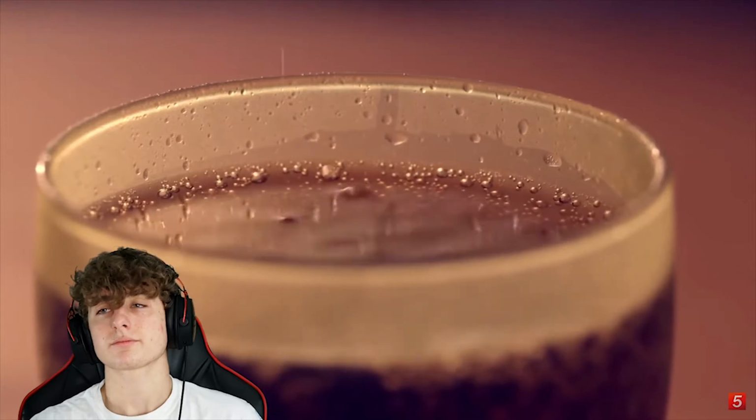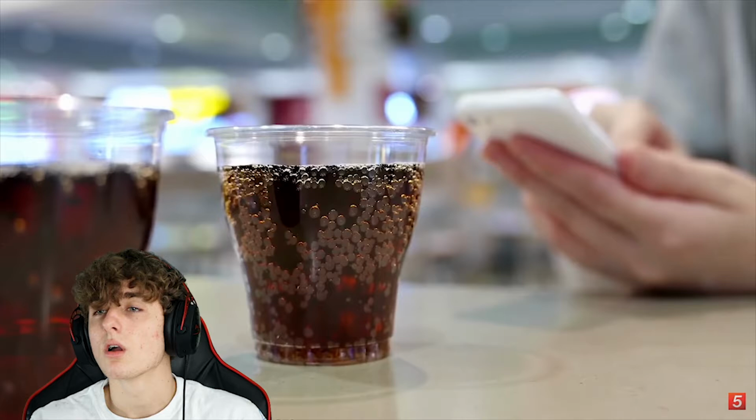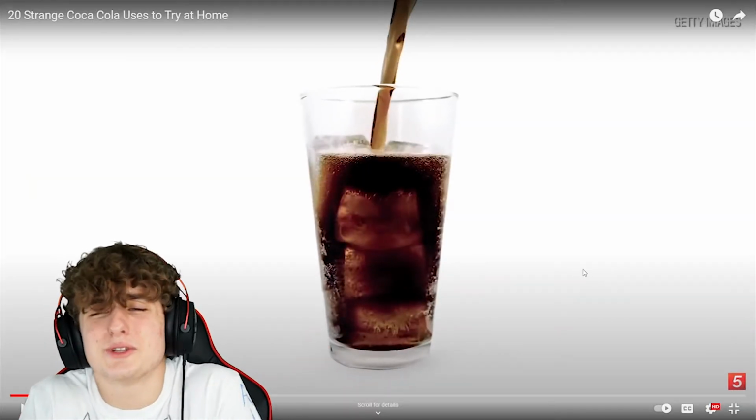Our next entry, plant tonic. Coca-Cola's caffeine content makes it an excellent pick-me-up when you're feeling a bit drowsy, especially if you're not a coffee drinker like me. Apparently, it doesn't only perk up humans though, but certain kinds of